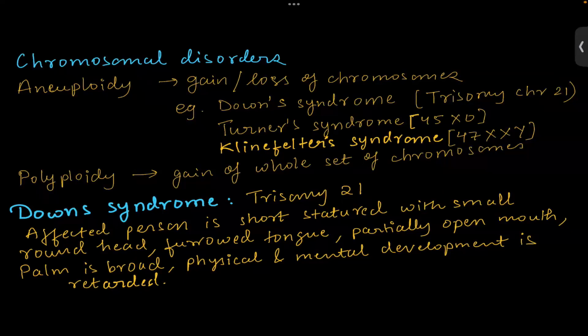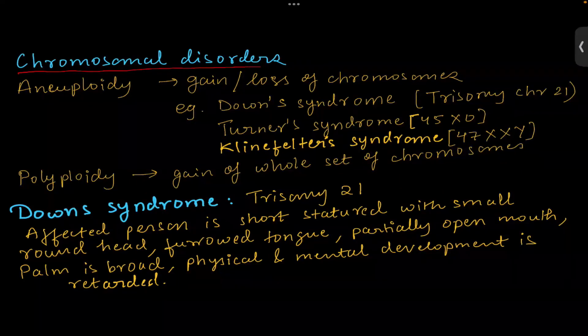Now coming to the next type of disorders, which are chromosomal disorders. Here the disorder is seen because of abnormality in the chromosome structure. So what kind of abnormality? First is aneuploidy. In aneuploidy, what happens? The affected person either gains an extra copy of the chromosome or loses one copy of the